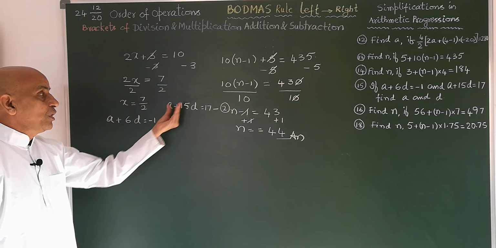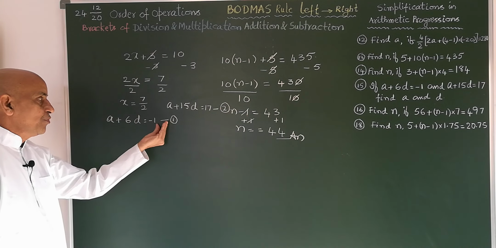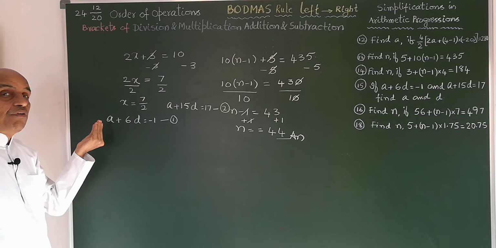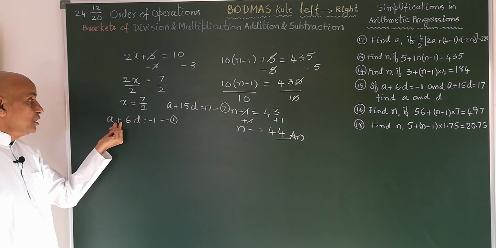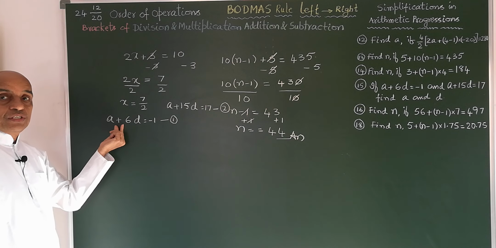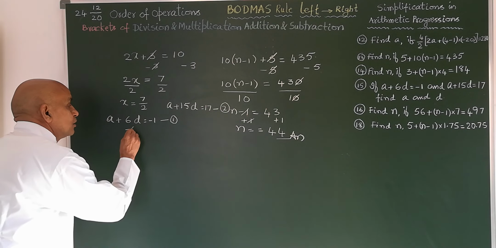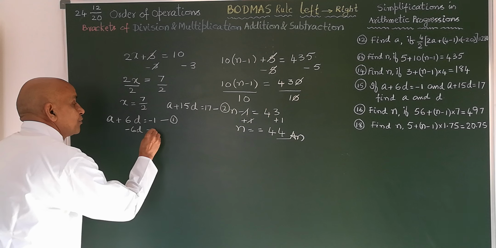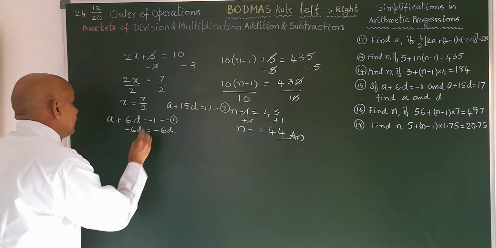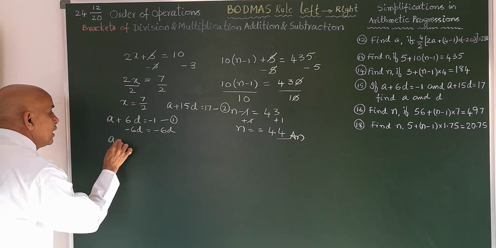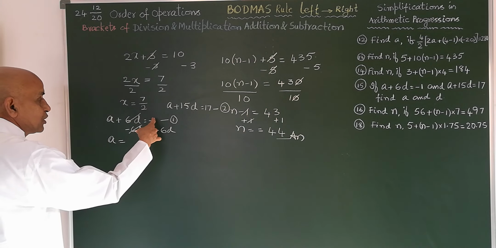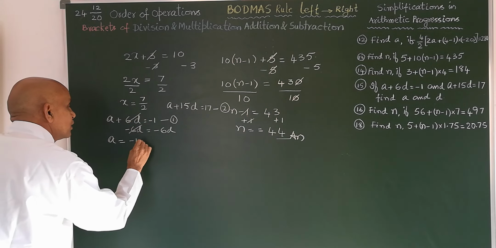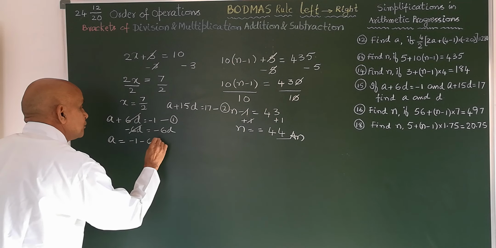Now making use of these two equations, we have to evaluate the a value, also the d value. So we take any one equation. Let us take the first equation. First we will find out the value of a in terms of d. So now this 6d is added to this, so subtract 6d on both sides. Then this becomes a is equal to this 6d and 6d gets cancelled. Minus 1 minus 6d.